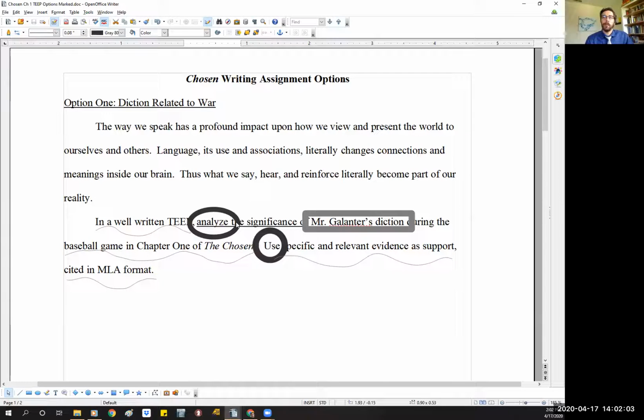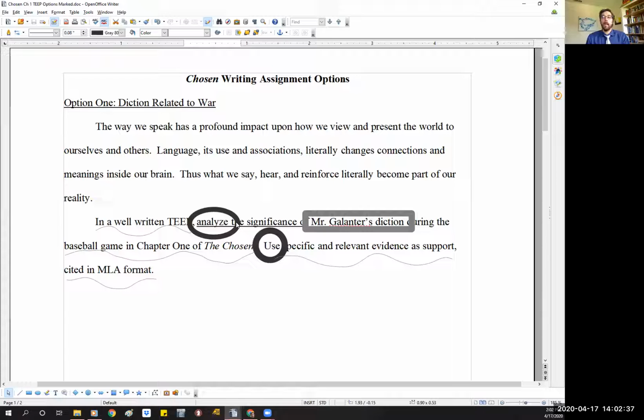This is a good reminder that prompts will often do this. They will use synonym language. Maybe you're going to see one thing on the AP test, but when you actually go to college, your college professor is going to describe it a little bit differently, or your teacher in 10th or 11th grade is going to have slightly different ways of talking about what they want you to do. So this is just a good reminder that even though a lot of your teachers or future professors might describe things a little bit differently, almost all the time they're really talking about the same stuff.